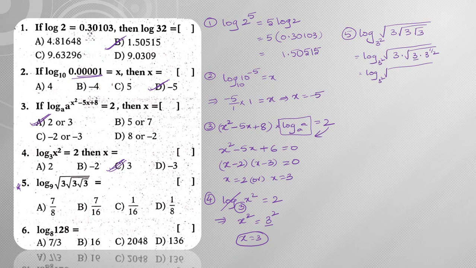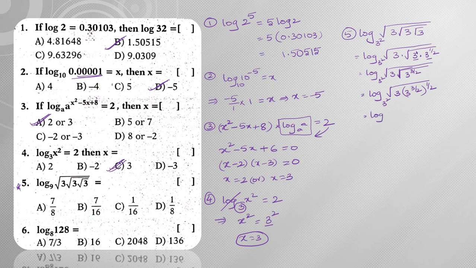So logarithm of, since the bases are equal and they are in product form, you can directly add the powers. So if there is nothing, that means it is having power 1. Then this I can write as 3, so square root of 3 into square root of 3 power 1 plus 1 by 2, it is nothing but 3 power 3 by 2. Again this square root I can write as whole power 1 by 2, so logarithm of root 3 into 3 power 3 by 2, that square root I can write as whole power 1 by 2. So base is 3 square.